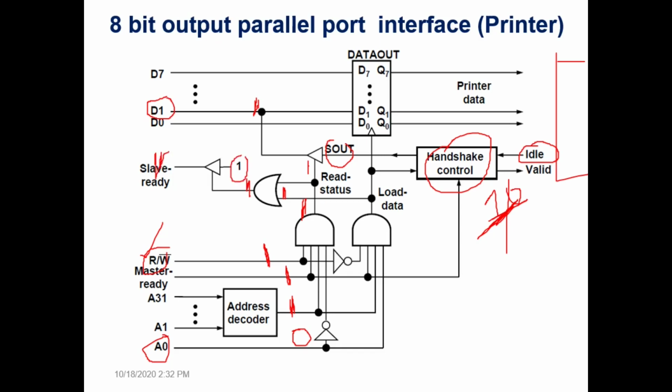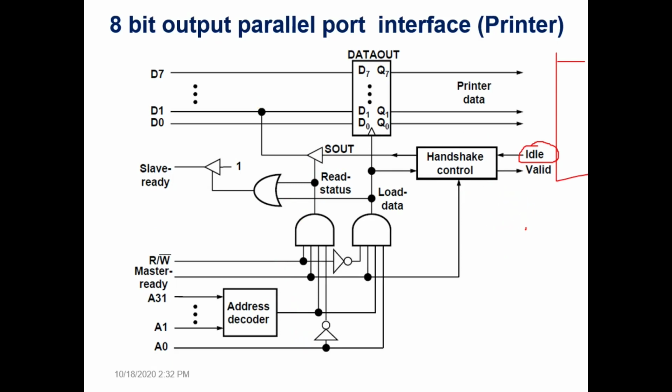Now when the slave ready signal becomes 1, the processor comes to know that it has inquired the status, so the status is on data line 1. The processor reads that status, whether it is 1 or 0. If it is 1, that means the printer is free. Then the processor goes to the next step, sending data to the interface circuit. So now let us see how the processor sends data to the interface circuit when it sees that the status of the interface circuit is 1. So it reads the status by using A0 as 0.